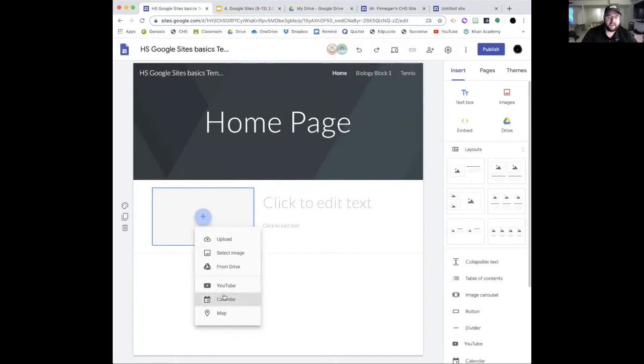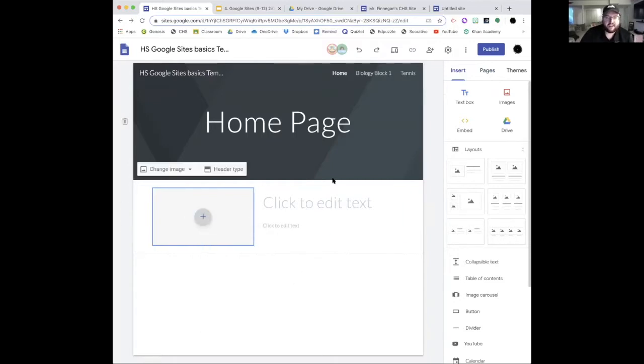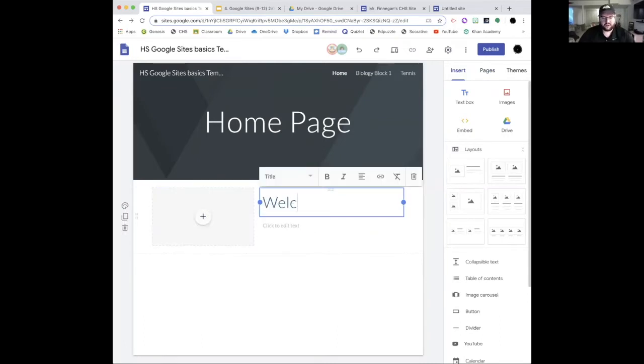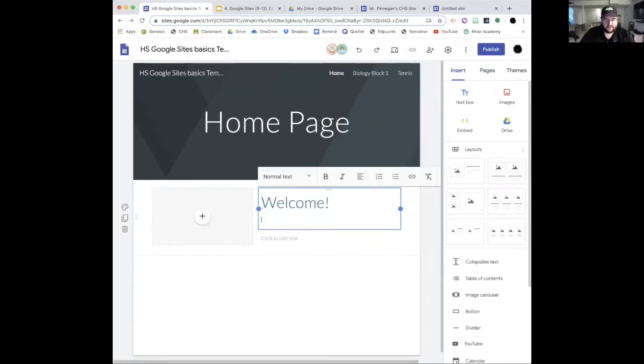You can embed a calendar, YouTube. You can even add the map to the school if you wanted to. Some of these kids have a hard time finding our building, so you can get that right on there. And then you can add whatever you wanted to. If you wanted a welcome blurb, this is for practice,